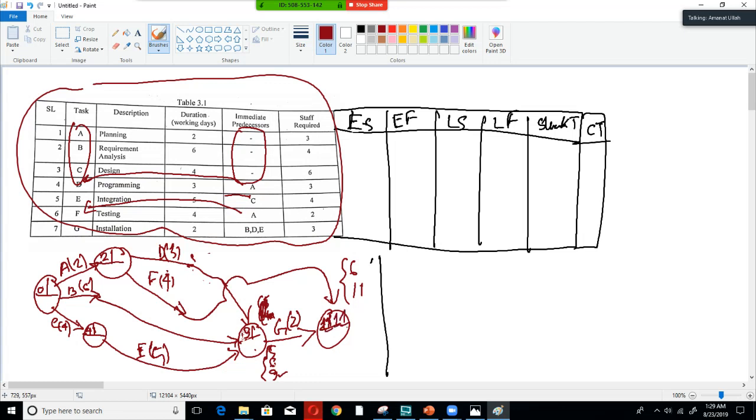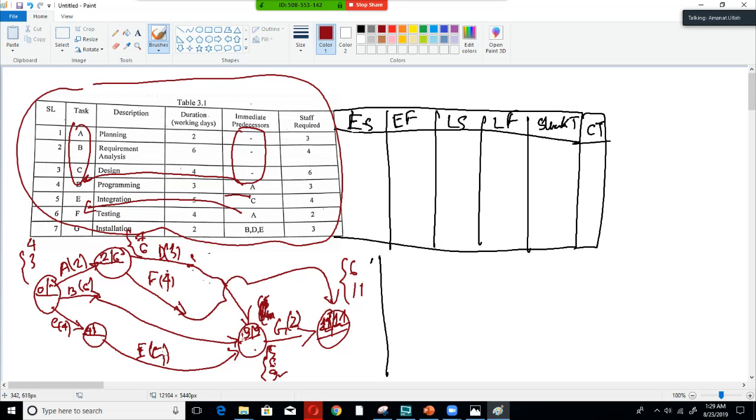So we put 11 over here and now we have to backtrack. So 11 minus 4, this can have two possible values, so 11 minus 4 it will be 7, and 11 minus 2 this will be 9, and 9 minus 3, it will be 6. So the minimum out of 7 and 6, this will be 6, and 9 minus 6 this will be 3. The minimum out of 3 and 6 minus 2, minimum out of 4 and